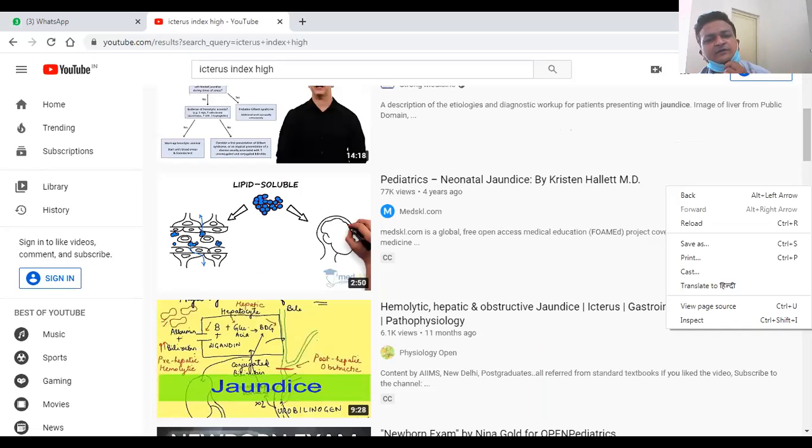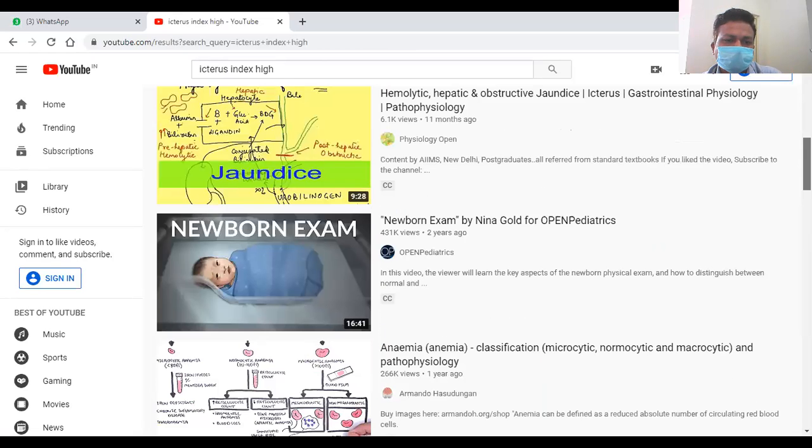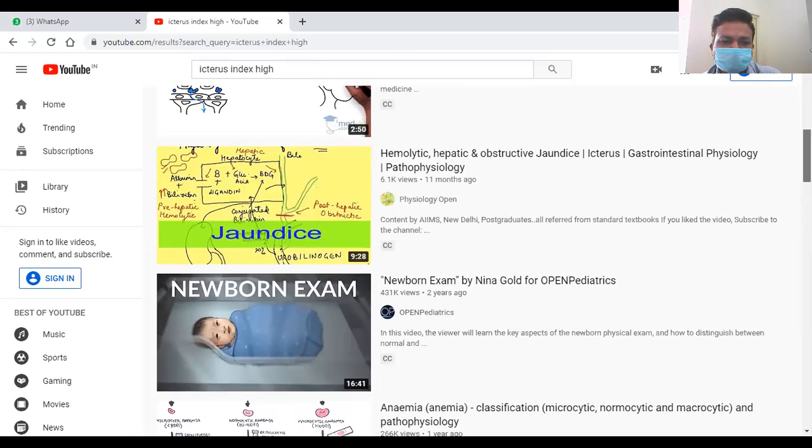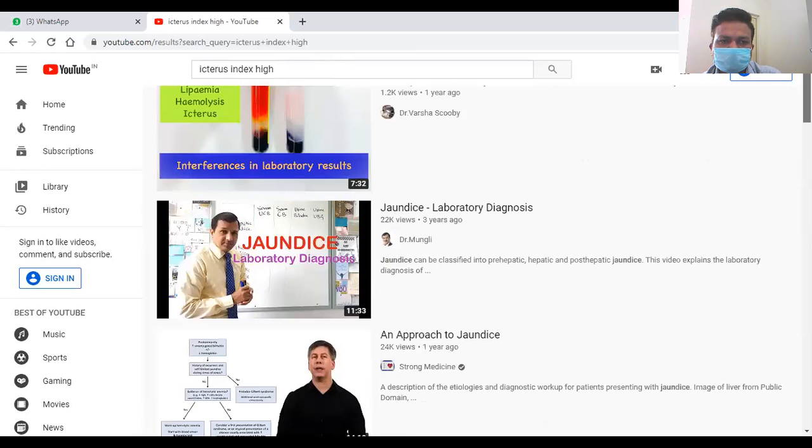Ictus index means the same thing, jaundice. Okay, Ictus means jaundice. In the examination you want to keep the baby in the light. Okay, that is known as phototherapy. Okay, this is all about what